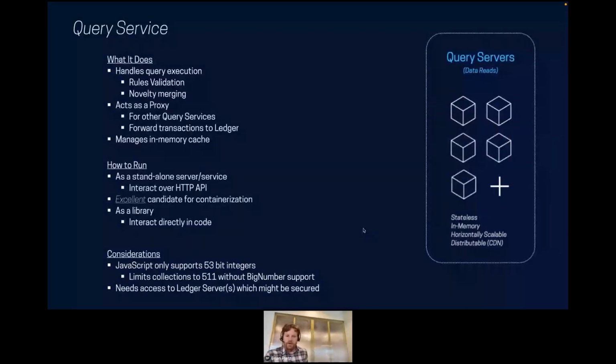All right, so the query, the database service side. Let's talk a little bit about it and considerations when you think about what it's doing, why it's doing it, and how to think about configuring and running servers. It handles all query execution, and if you're using smart functions, it might even be doing some smart function execution